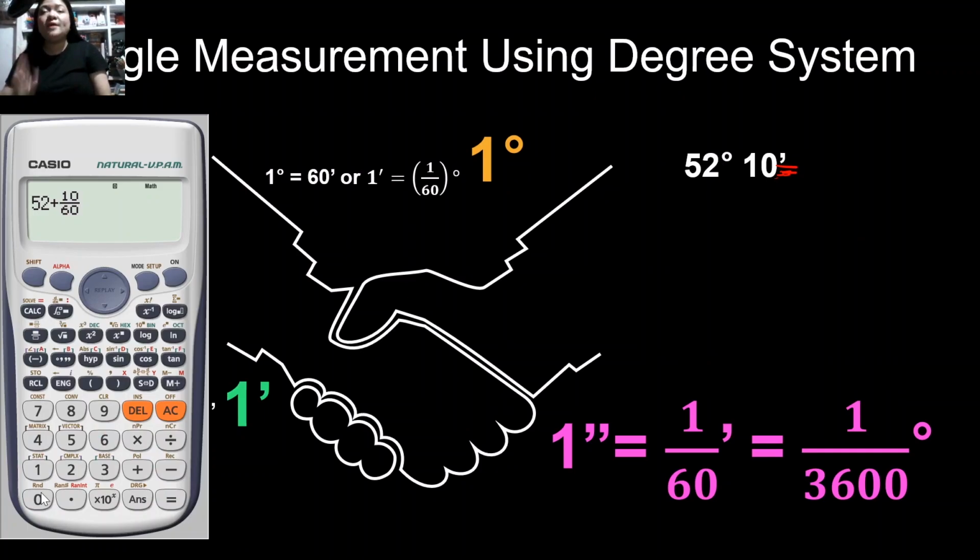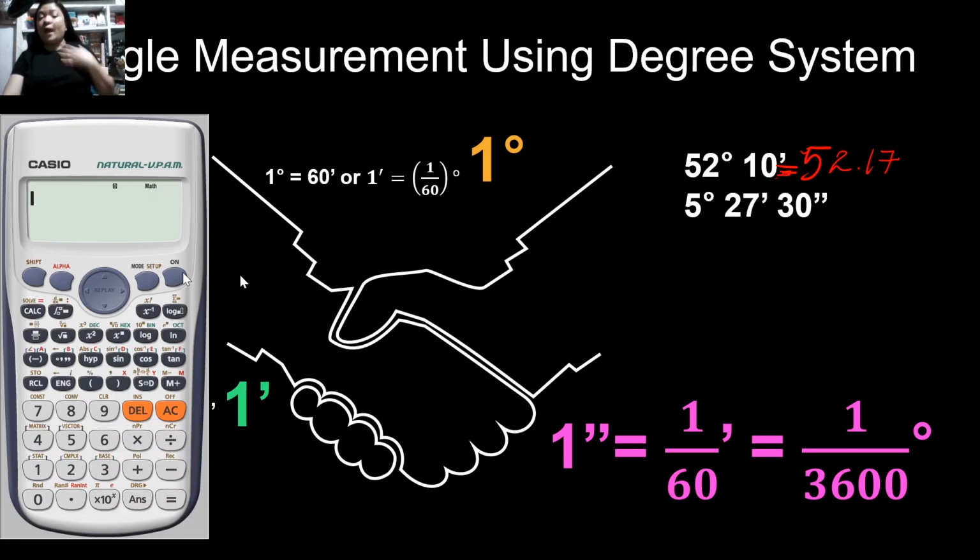Because 1 minute is equivalent to 1 over 60 degrees. So 10 minutes is the same as 10 over 60 degrees. So 52 degrees and 10 minutes is the same as 52, and in two decimal places, we are going to round it as